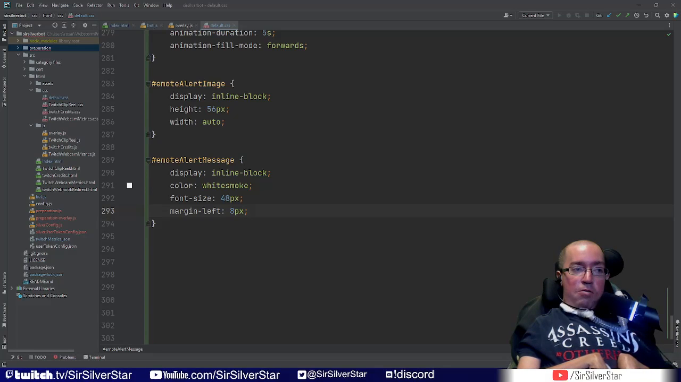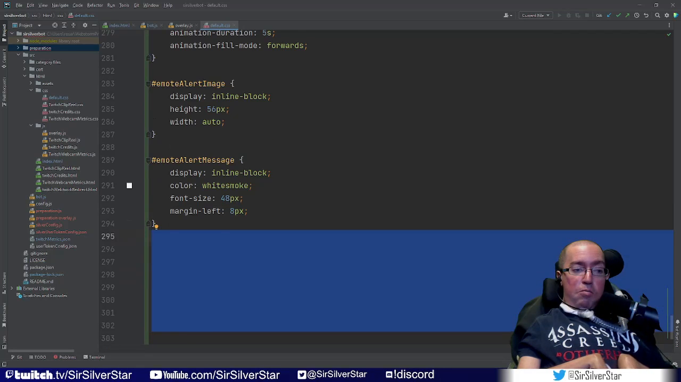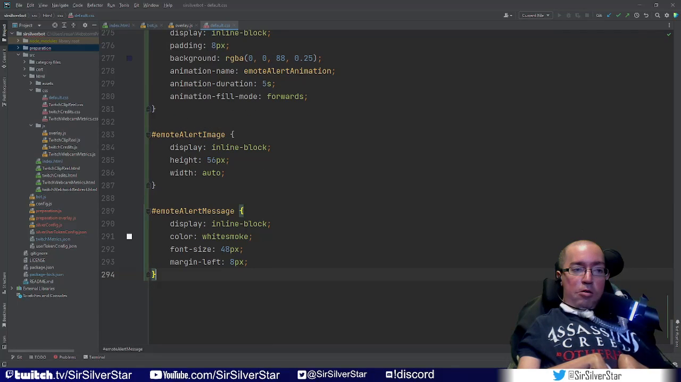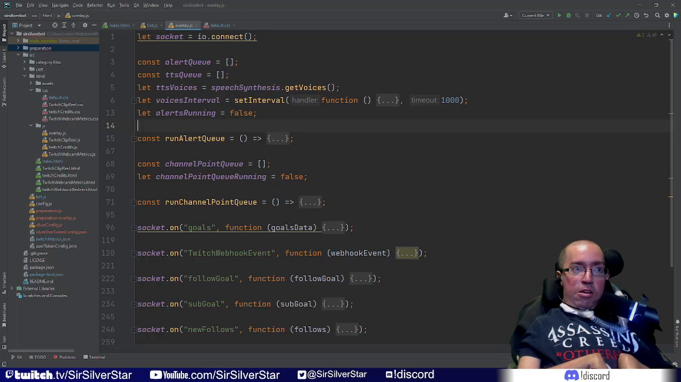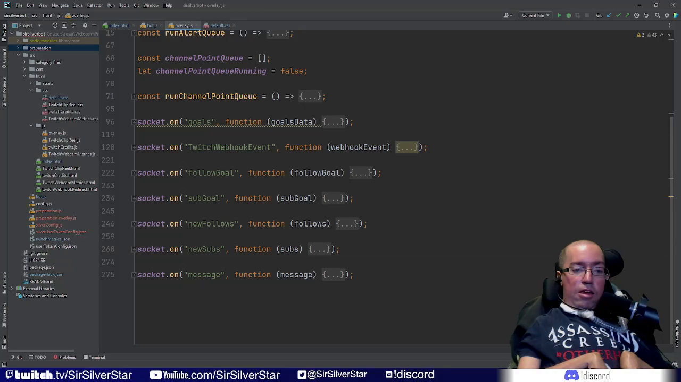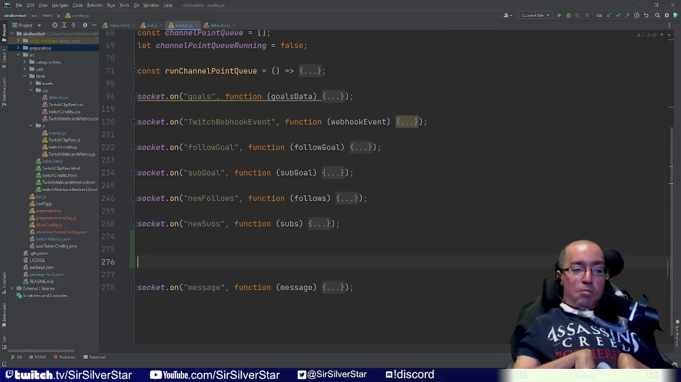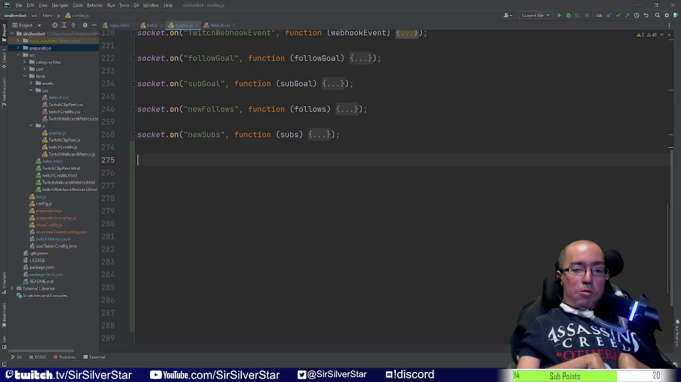And once we have all of this CSS done, we can get rid of all of our buffer here and then head over to our overlay file and just scroll down to the bottom, and we are going to set a new socket listener for the overlay. So let's give us some buffer to work with. So we are going to say